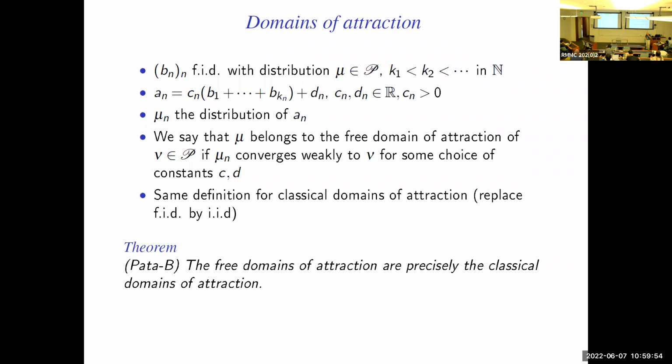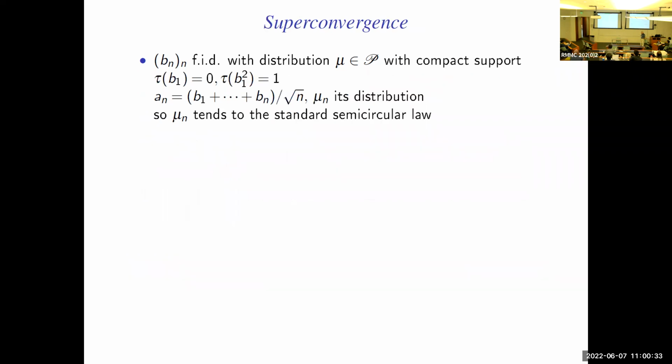So the law of large numbers and the central limit theorem are not an accident. They are just something that happens in much greater generality. And the result has been improved in various ways. There are related results about non-identically distributed summands. So that extends to that case. That's a result of Chistyakov and Götze. I did that a little bit later. Yes, those are the two cases that I have already discussed.